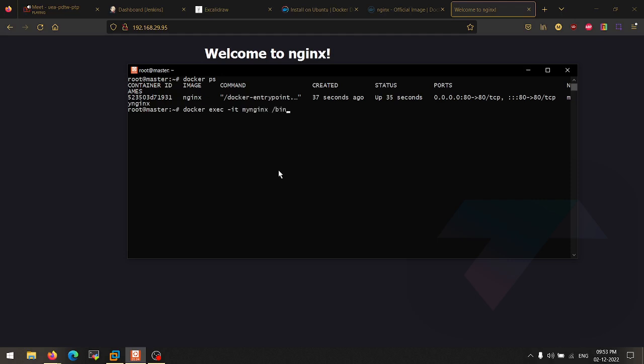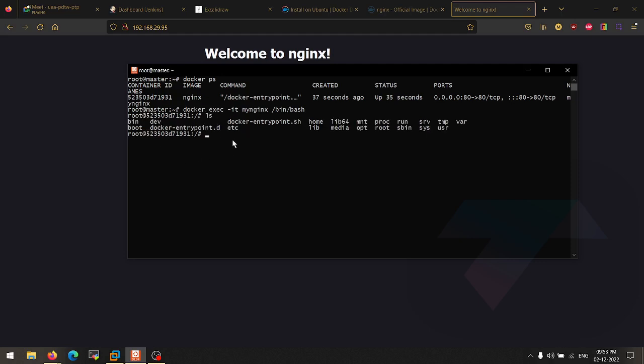After this, I have to provide the shell that I want to run inside the container, and that's /bin/bash. I want to use the bash shell. The meaning of this command is executing this bash shell inside the container and giving me the terminal, TTY. Let's hit enter. And as you can see, earlier the host name was master, and here we have some ID. That means we are inside the container right now.